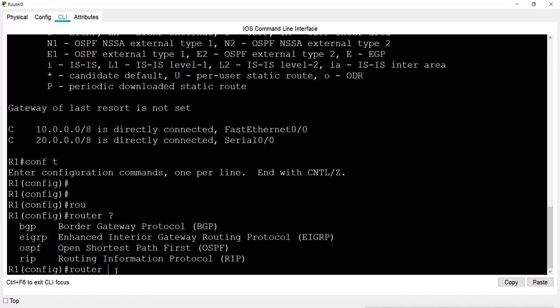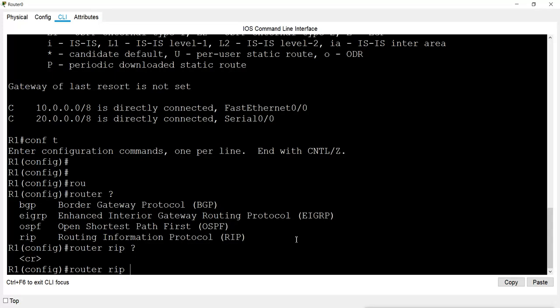Now I want to configure RIP. So first I will enter the command, mentioning the routing protocol I want to configure, that is RIP. When I put the question mark here, it says we can press enter. There is no other option available, which means the command is complete and we can press enter now.